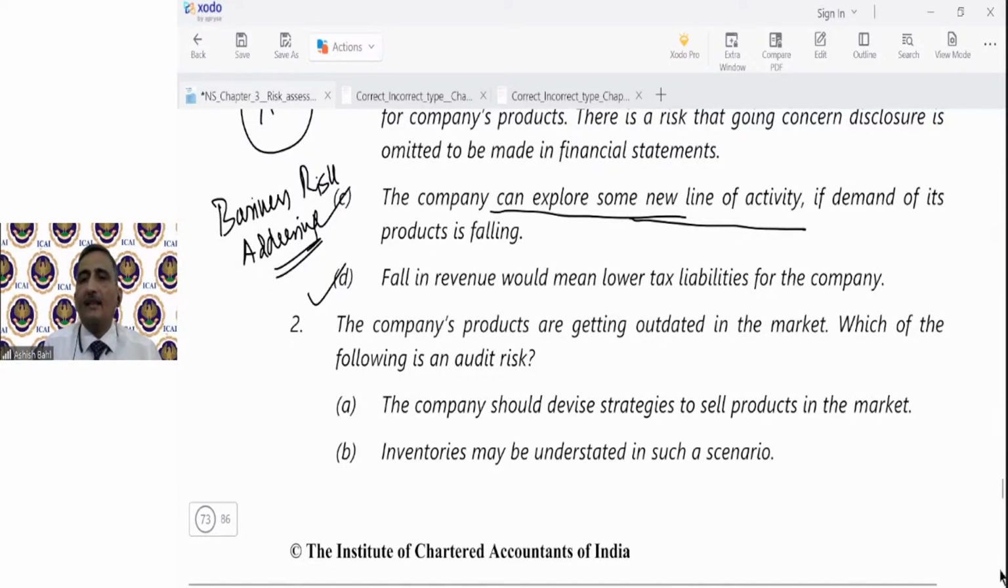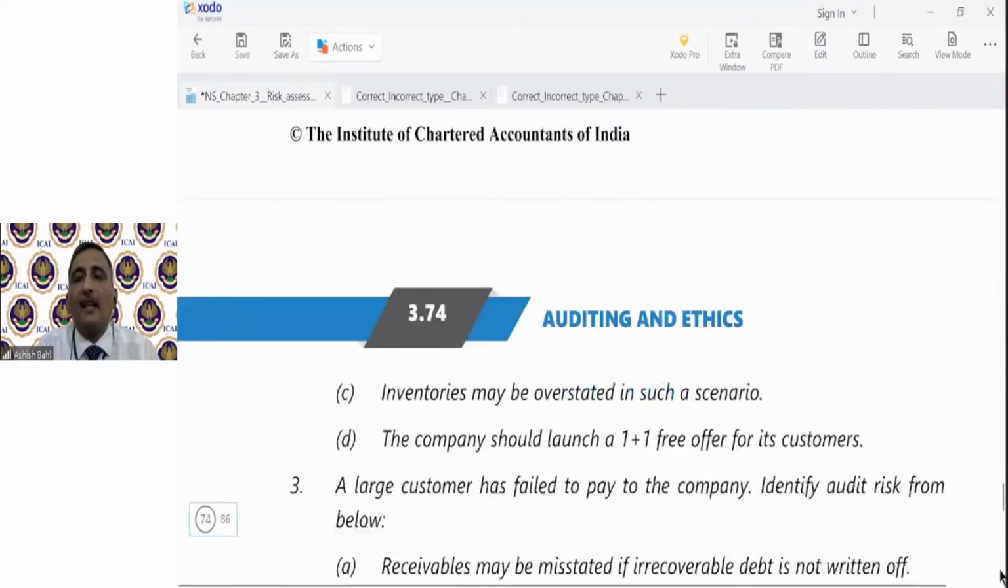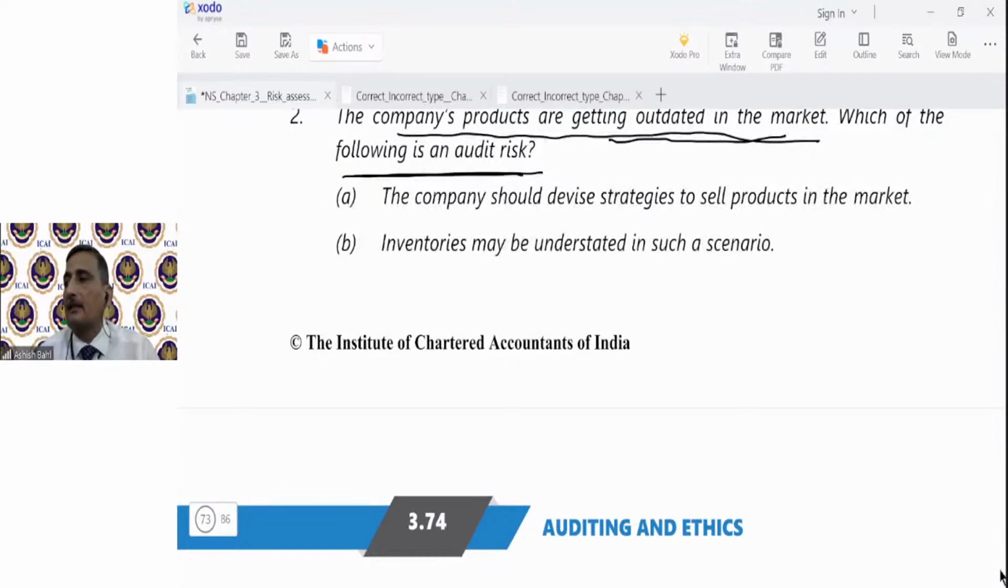Question number 2, guys, is the company's products are getting outdated in the market. Now, which of the following is an audit risk? आप कंपनी के प्रोडक्ट्स मार्केट में बिक नहीं रहे, ओके, दीज आर गेटिंग आउटडेटेड, कस्टमर और अच्छा प्रोडक्ट डिमांड करता है और वो अच्छा प्रोडक्ट कॉम्पिटिटर दे रहा है, कंपनी के प्रोडक्ट नहीं बिक रहे। तो इस कॉन्टेक्स्ट में ऑडिट रिस्क क्या है? विच ऑफ द फॉलोइंग, जो 4 स्टेटमेंट्स दे रखी हैं उसमें ऑडिट रिस्क क्या है? ये स्टूडेंट्स,